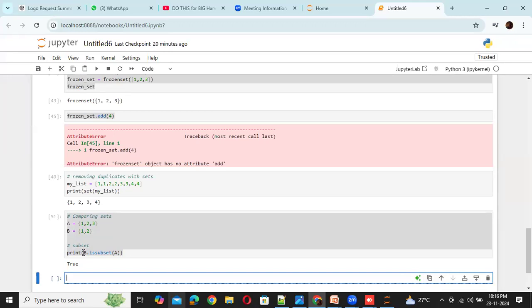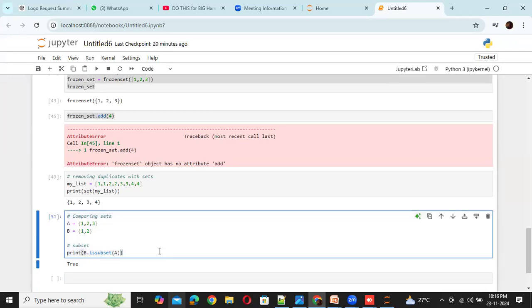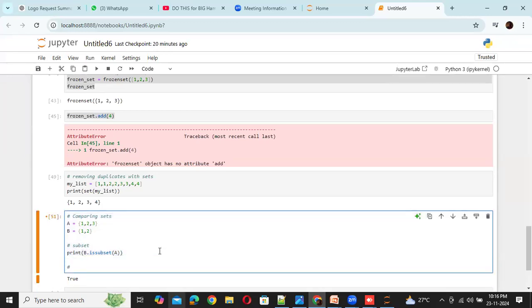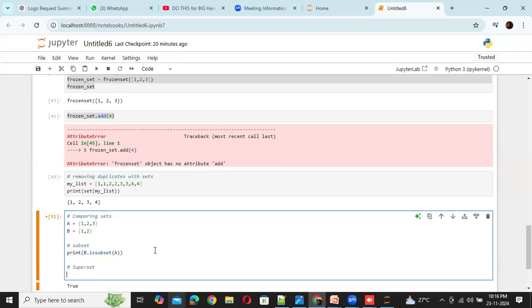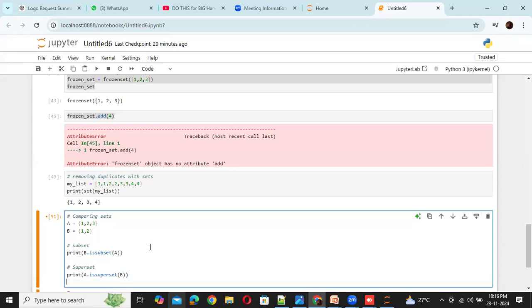And like subset, we have something else called superset. Print the opposite, A is superset of B. Compared to B, yes, A contains many things.